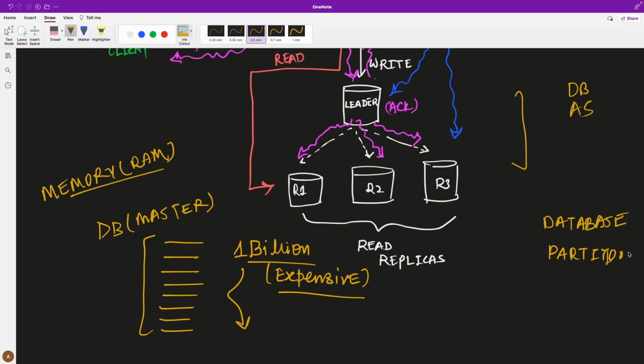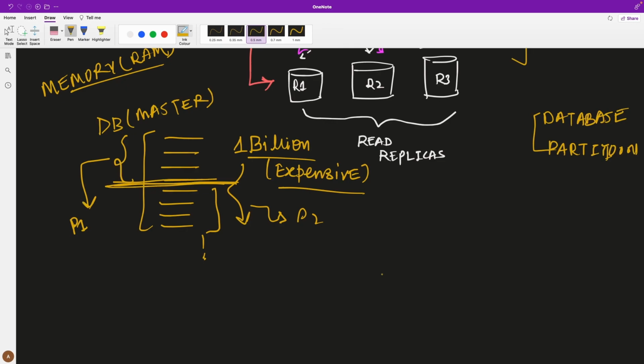Partition, right? What happens is, you try to split your whole database, I mean whole table. You split or slice this table horizontally. Now this piece of data will stay on partition 1, which is P1. The second will stay on P2, and so on. So now you have split this whole table into subtables, and your database will manage these subtables or partitions as independent tables.